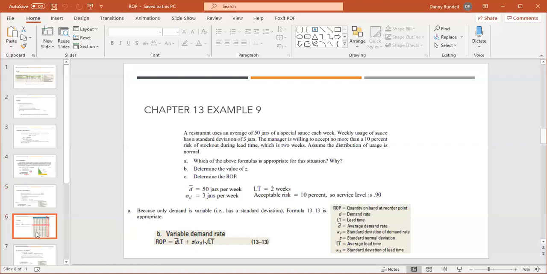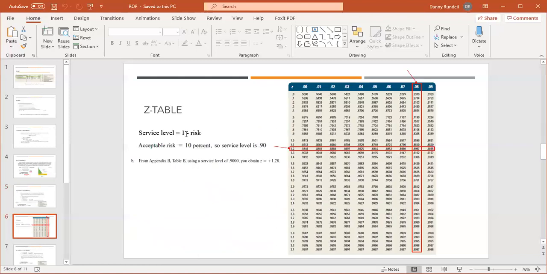So our service level is 1 minus the risk. The acceptable risk is 10%, so 1 minus 0.10 or 10% makes the service level 0.9. And then we look at the Z table, which you'll have a copy of on your test, and it's also in your book. The way you read this table is you start with the service level number and find it in the chart here. Get as close as you can to that number,